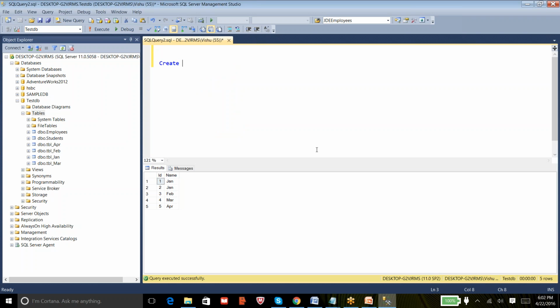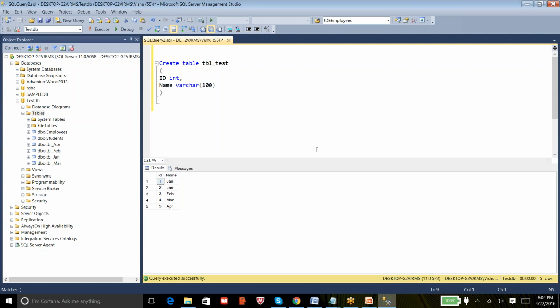Let's say I have to create a table called tbl_test. It has ID, an integer, and name, a varchar 100. I'm not executing this query, I'm just writing different kinds of queries in this query window.